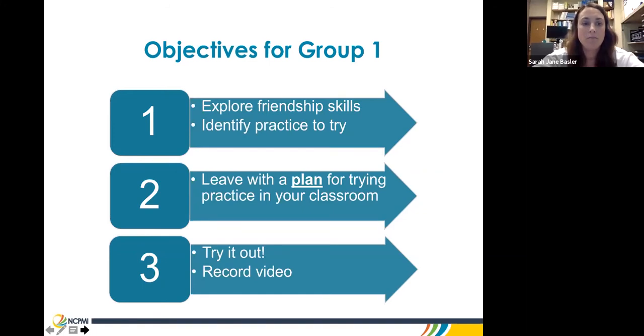And we had them identify what they wanted to try in their classroom, make a plan, and then they would video themselves implementing the practice for their own reflection. And the videos for group 1 were just example videos. So we would do reflection and feedback, but the first group of each skill were examples.